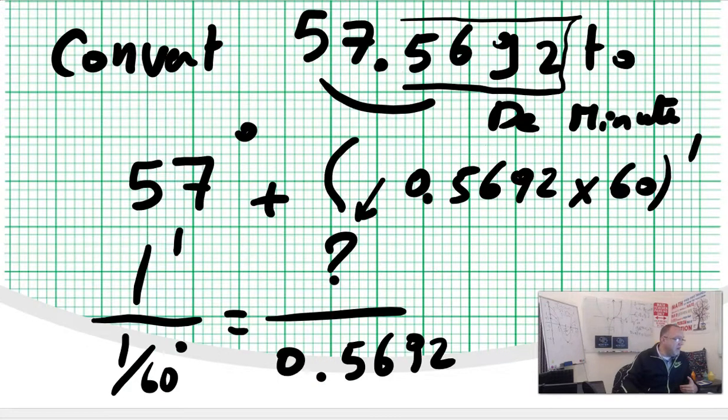The same way in the beginning we had 57.56 as degrees with some minutes, because remember very carefully, 1 degree is 60 minutes. So that was degrees with minutes and seconds in the fractions, in the decimal. In order to get rid of that, I just stack them up: 1 minute is 1/60th of a degree. Where did I get that? From that special understanding of